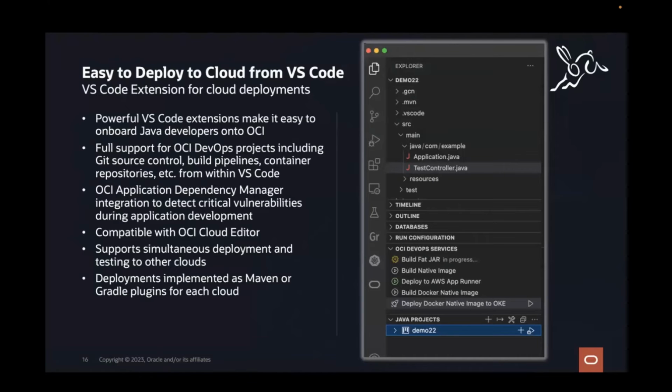And then finally, we've got some slides on the DevOps support. We're trying to make it easy for you to set up an OCI DevOps project that contains your Java application, your Graal Cloud Native Micronaut Spring Boot application.